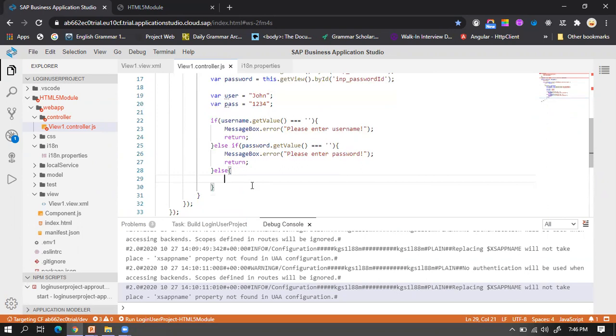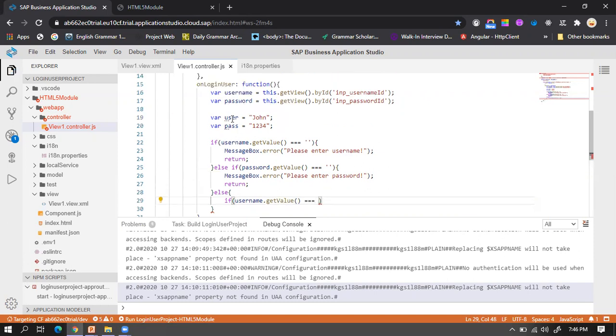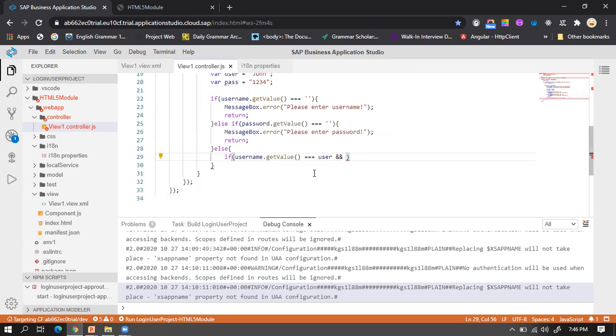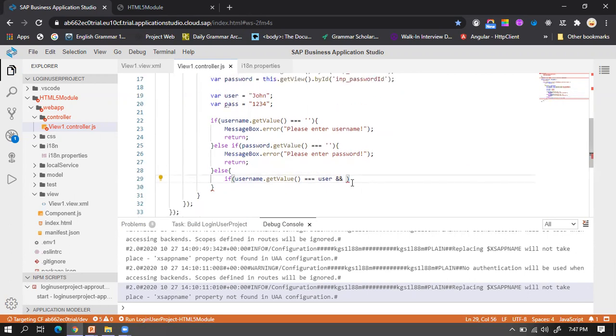So we can again use the conditional operators. We can use username.getValue. We need to check the type and value both, so we can use the AND operator, because we need both the username and password to be exactly identical to this user and password. Only in that case are we going to display the success message.